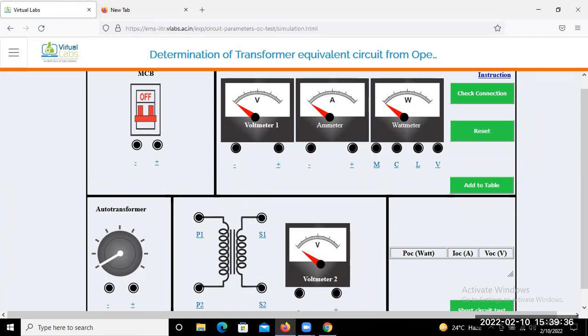Just explain one by one what you observe from this panel. सबसे पहले क्या करना पड़ेगा हम लोग को? ये टोटल जो चीज हम लोग को चाहिए परफॉर्म करने के लिए ओपन सर्किट टोटल चीज यहाँ पे दिया हुआ है, कनेक्शन करना है। यहाँ पे पावर अवेलेबल है एमसीबी के थ्रू, इसको जस्ट स्विच आउट करना है। इसका पॉजिटिव टर्मिनल है या नेगेटिव टर्मिनल है? यहाँ से कहाँ जाएगा सबसे पहले? ऑटो ट्रांसफार्मर में जाएगा ना? Yes, sir. इसका जो पॉजिटिव टर्मिनल है एमसीबी का, उसको